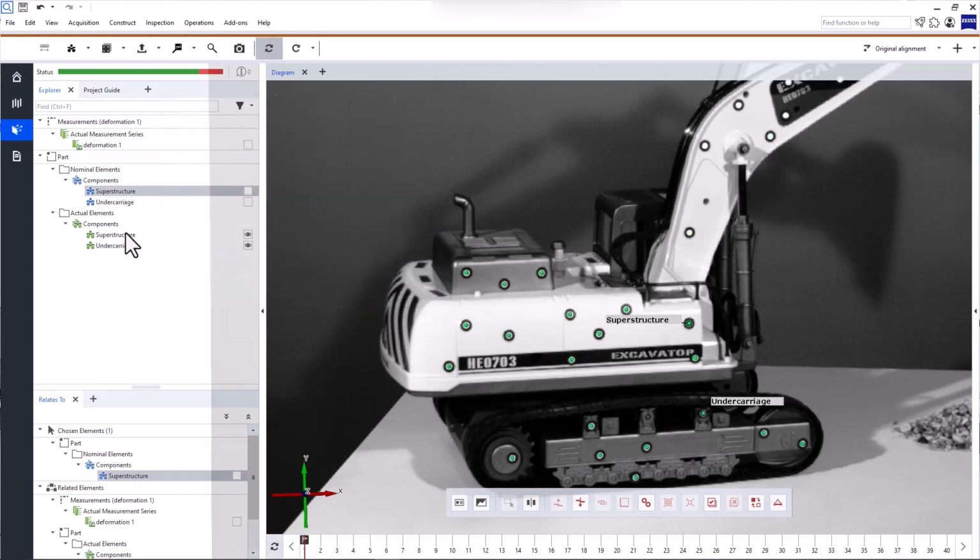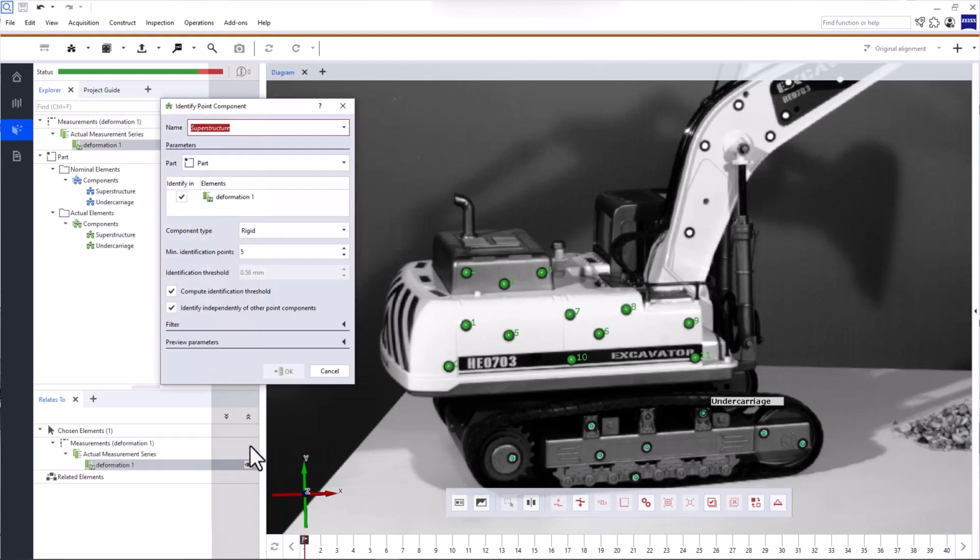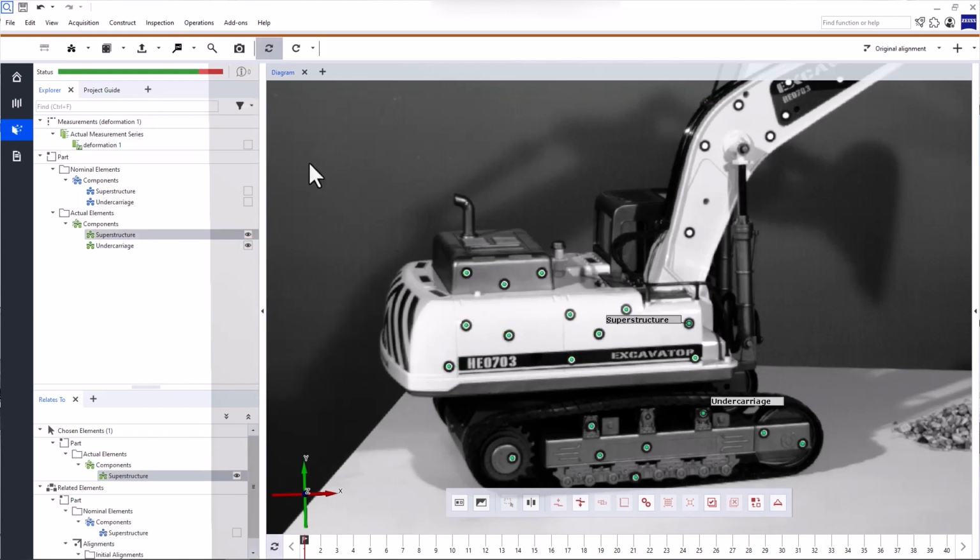If you want to change the component type, for example, edit the actual point component. The software automatically recalculates all the dependent elements, checks, and even report pages. Please note that the parametric inspection, which is the concept behind this functionality, is only available with a Pro license.